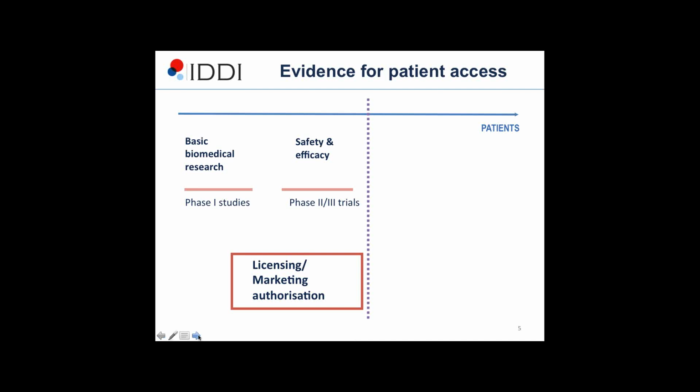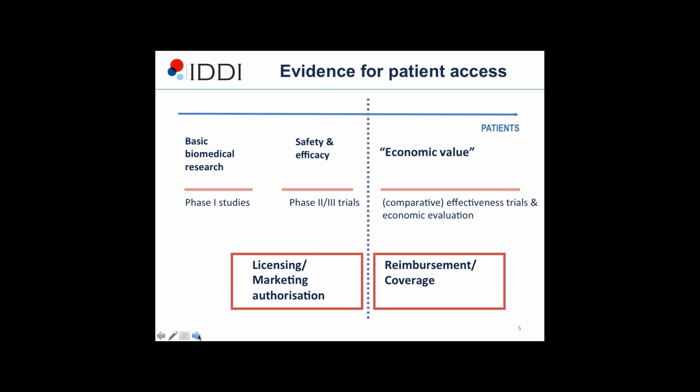Now, if I advance the slide, where we now live is that this is insufficient evidence to receive market access. What we also want, as we've heard, is for a reimbursement or a coverage decision to be made. And here the evidence progresses, and we need comparative effectiveness. We need to undertake trials of comparative effectiveness. Oriana will go into more detail about the nature of these trials. But also we need to think about incorporating a parallel economic evaluation.